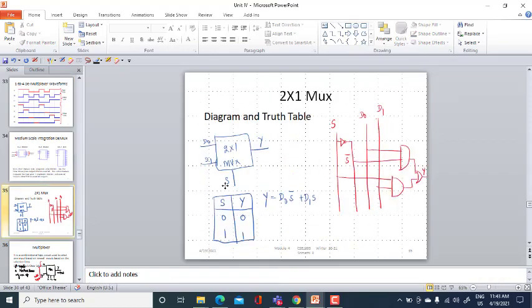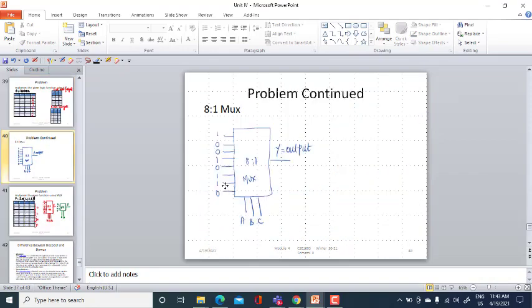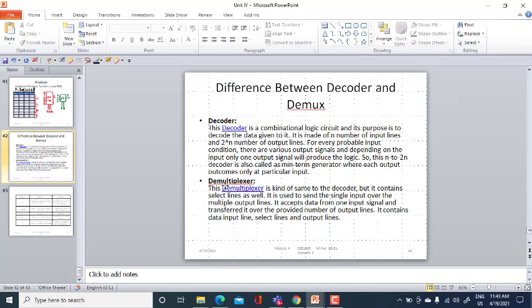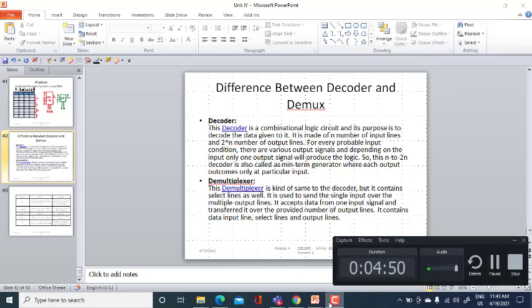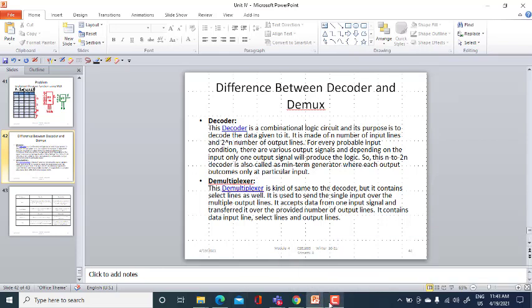And we haven't yet discussed the difference between decoder and demux. Now I am going to tell what the difference between the decoder and the demux is. A decoder is nothing but a combinational logic circuit, and its purpose is to decode the data given to it.